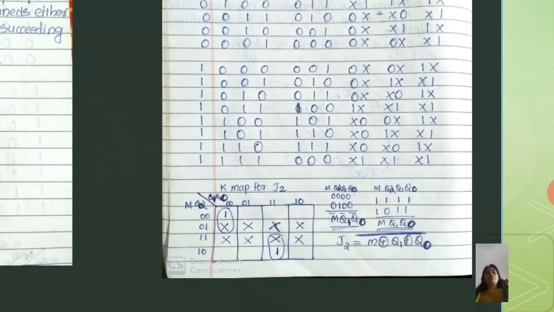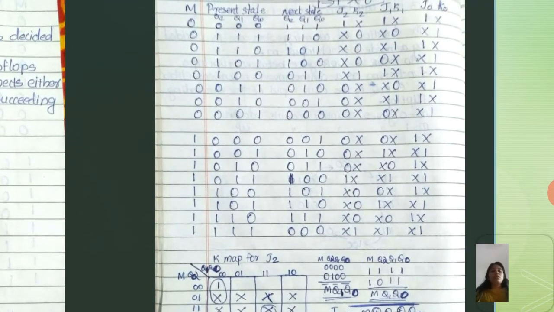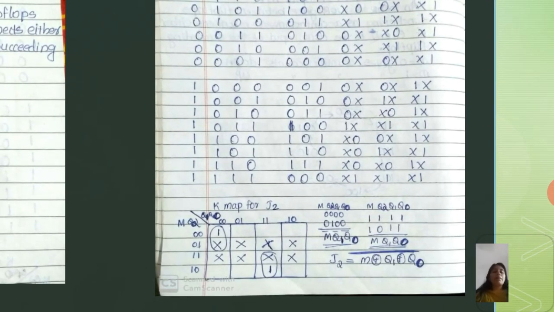Moving on to the K-map section, that is the fourth step of this counter designing procedure. You have to note down all the output equations. So for that you have to plot the K-map for J2, K2, J1, K1 and J0, K0. There will be 6 K-maps you have to plot. You have to plot only the 1 and the don't care value. No need to plot the 0 on the K-map. You will be getting a K-map like this.